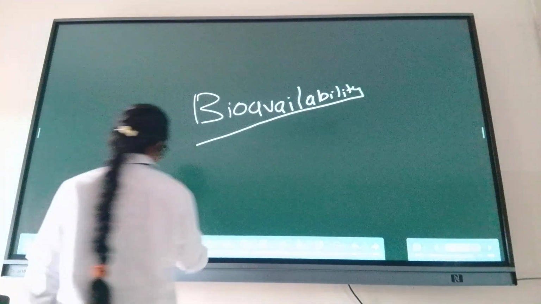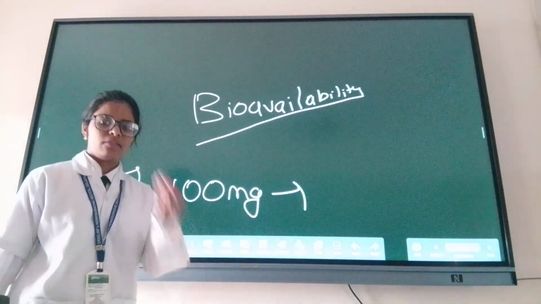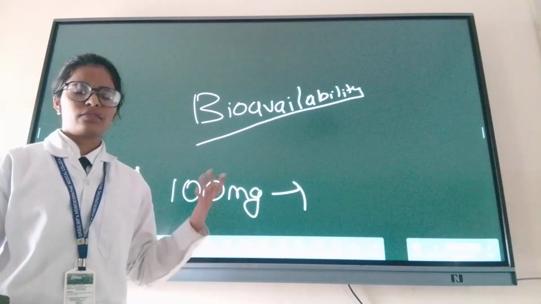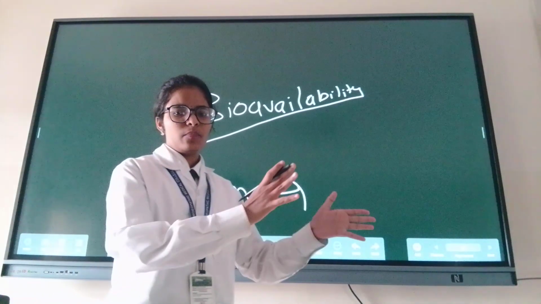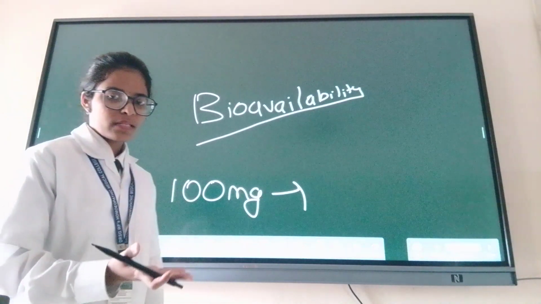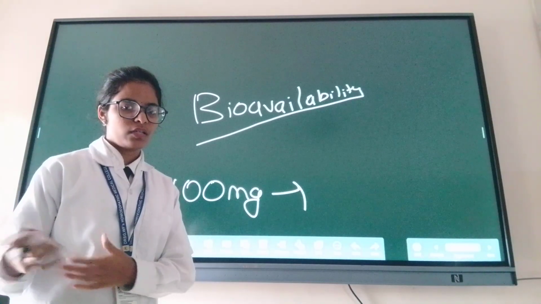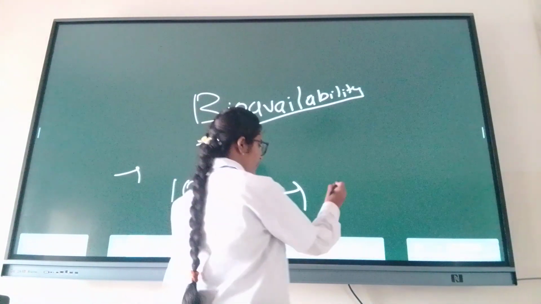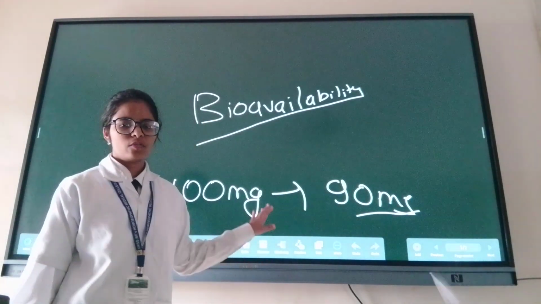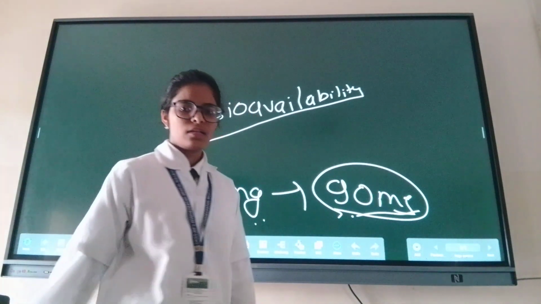Suppose we have taken a 100 mg tablet. It is absorbed and goes to the liver. If it is a prodrug, it goes to the portal circulation and activates in the liver, passing through first pass metabolism, or it will absorb directly from the intestine to the systemic circulation. Suppose it absorbs 90%, or 90 mg. Okay, the absorption rate is 90%. Then this is the bioavailability of this drug.